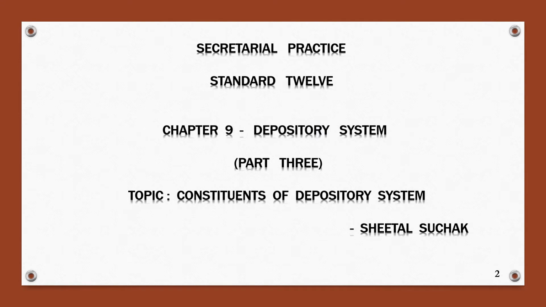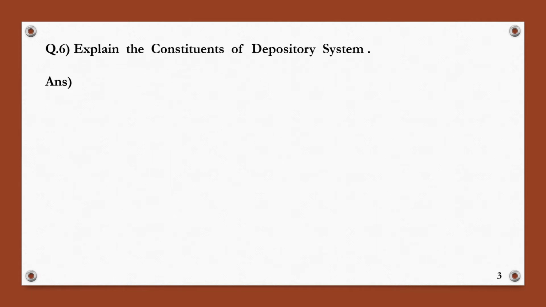Let us move towards part 3 of chapter number 9, that is depository system, wherein today we are going to understand about the constituents of depository system. In our previous video, we already learned the meaning of depository system, the drawbacks of the physical mode of handling the certificates. We also understood the importance as well as the advantages of depository system to the investors as well as to the companies. Now today, let us move ahead to question number 6, wherein we will understand the constituents